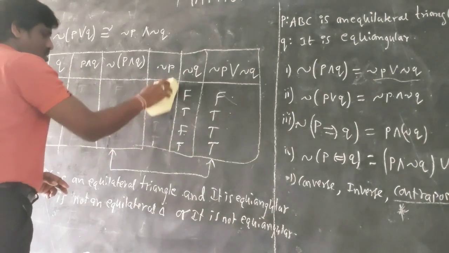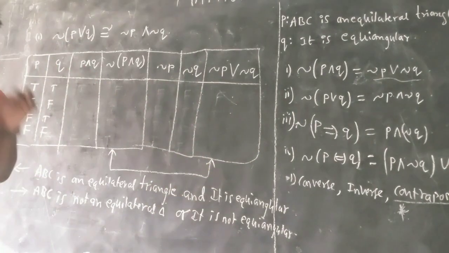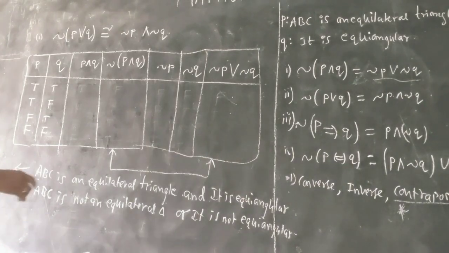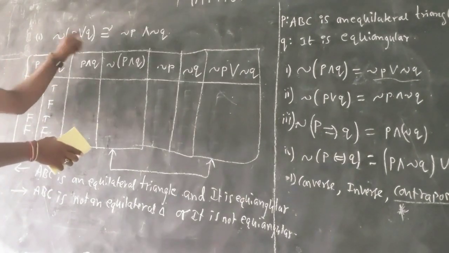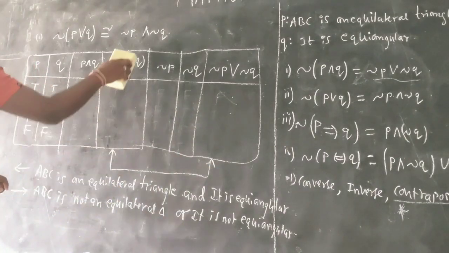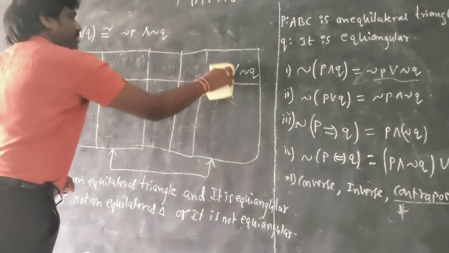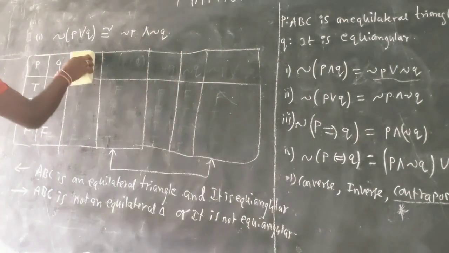Okay, I'll make you understand. We will learn slowly, but we will learn with perfection. Now you have negation of P or Q. What is equal to that? Negation P and negation Q, you have to do. So I am erasing all these boxes, right now it is not required. According to this question I have to build it.